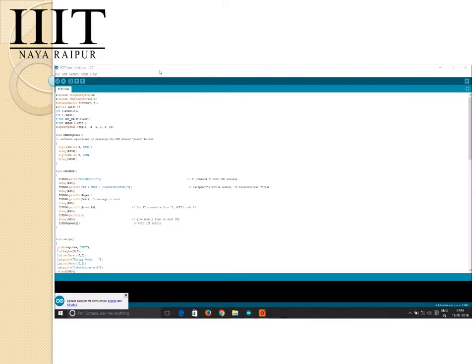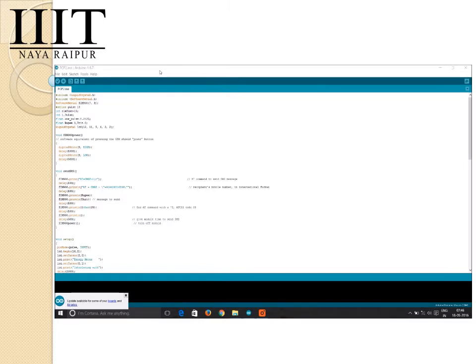The next 4 lines are some variables which are defined outside the functions, as they have to be made global. The next line is LiquidCrystal lcd(12,11,5,4,3,2). This is the function prototype of the LCD display with the pin numbers associated. The next is the function which powers on the GSM module, which is void sim900power. The next function is sendSMS, which is the main function which sends the SMS from the Arduino board to the receiver at the other end.